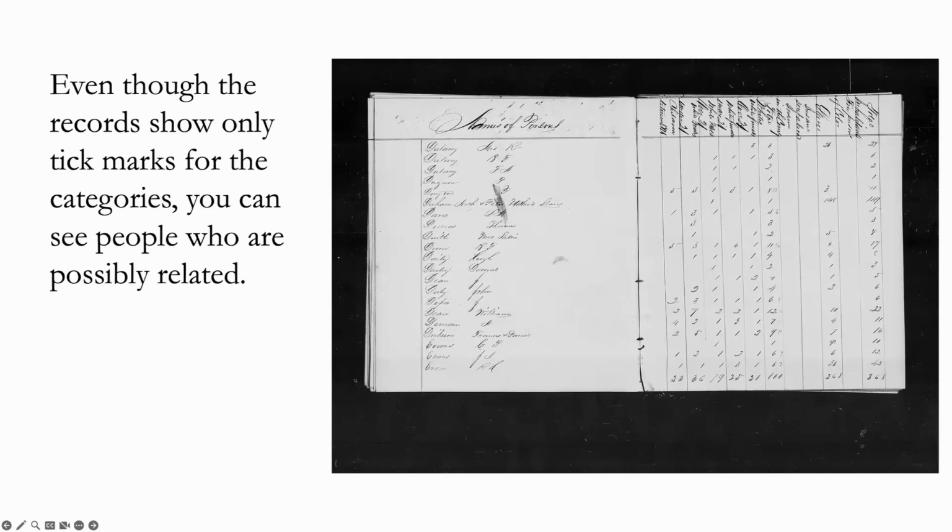So if you know the columns, then you're going to be able to reconstruct the family as having so many adults and so many children. And in this case, how many people were African American, how many people were white, and so forth. And so even though they're only tick marks, you can see the people who are probably related, because if you